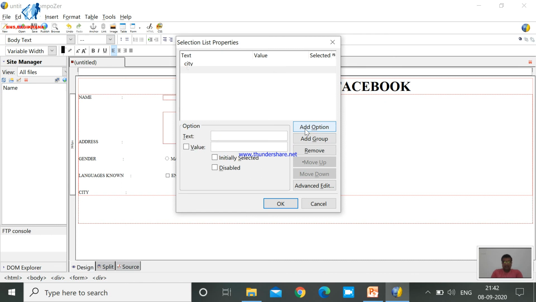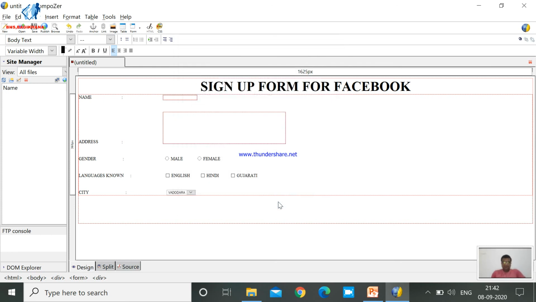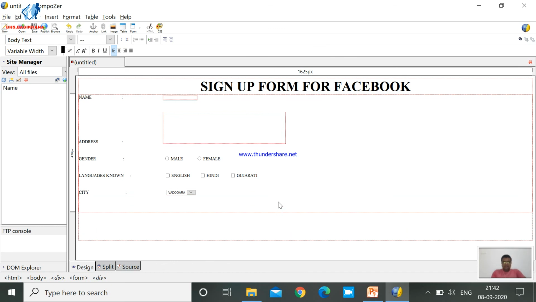Then start add option, right? So the first, for example, it is Vadodara, add option, Surat, add option, Bharuch, add option, Anand, add option, Vapi. After giving such names of cities, click on OK. Now your selection list for city is ready.